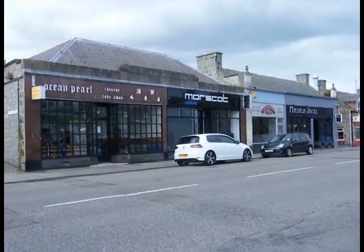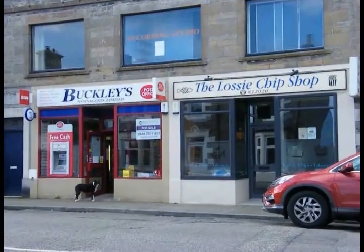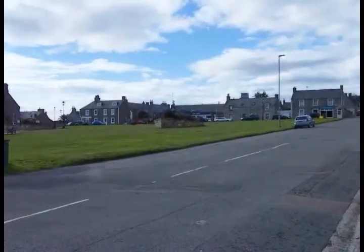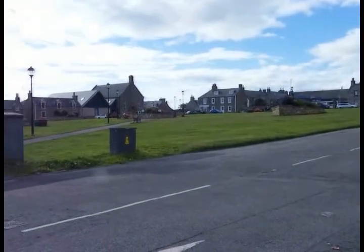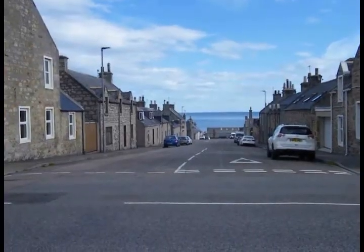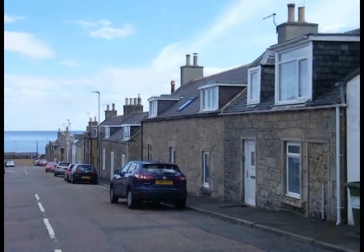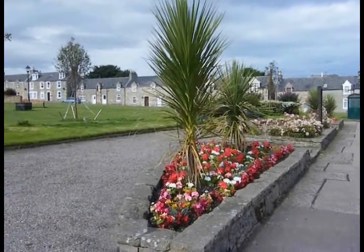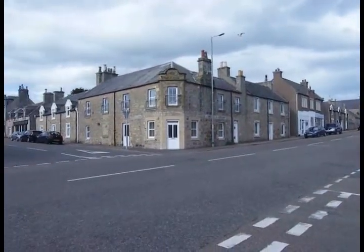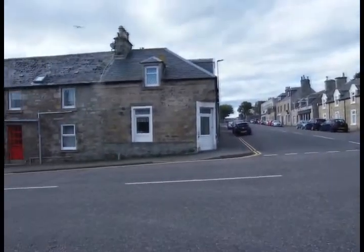Today's Lossiemouth has seen many changes. The eastern harbour has been converted into a spectacular yachting marina, while the railway sheds that used to service it have been swept away in favour of harbourside houses and flats. The northern harbour continues to protect vessels of all shapes and sizes, and there remains a resident fishing fleet and